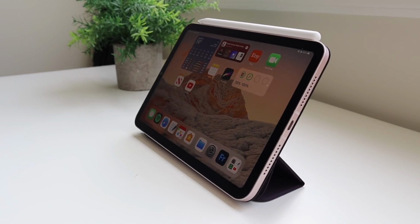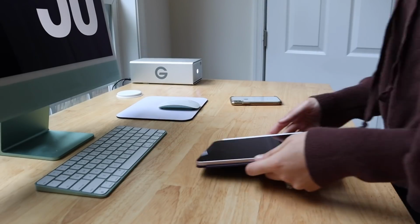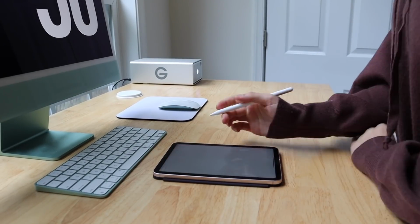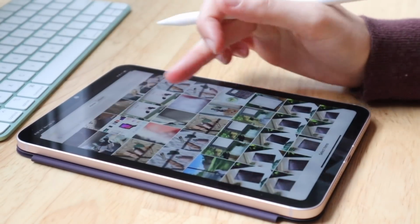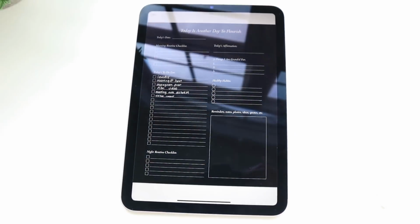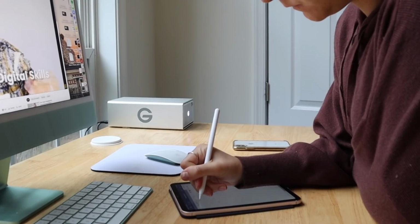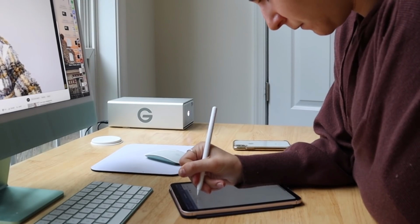I just love being able to snap it on the side of my iPad instead of having to charge it through the port. I feel like this iPad is perfect for people who use their iPad as mostly a note-taking or planning device, because it truly feels like you're just having a little notebook in your hand or something like that. It's very compatible to a small journal size, and I just love the overall feel of this